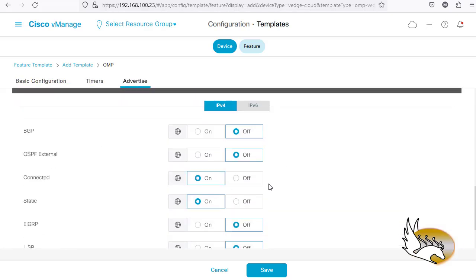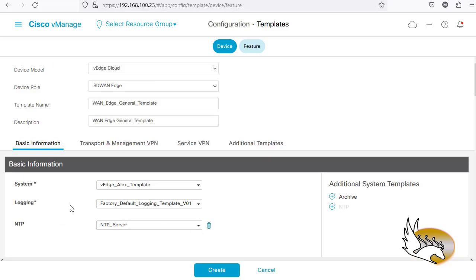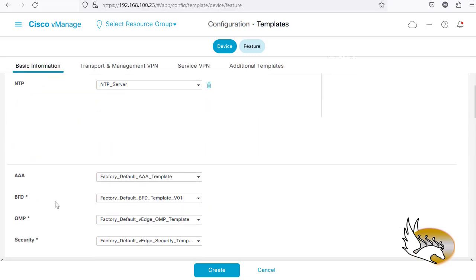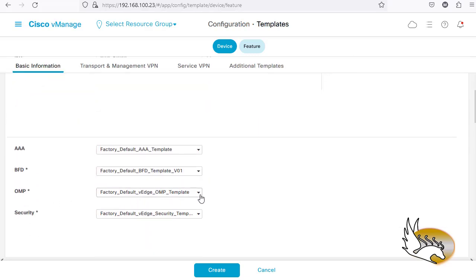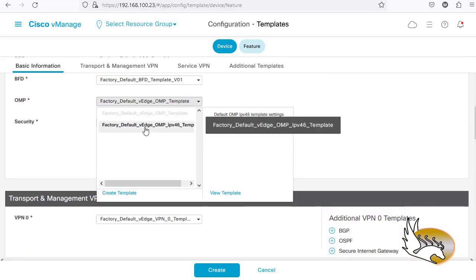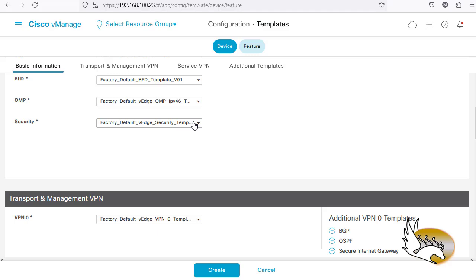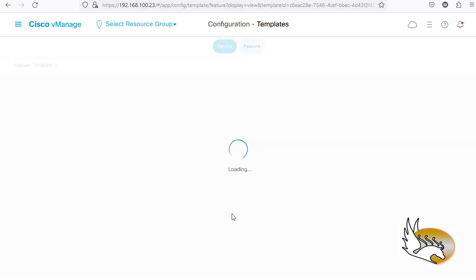default configuration, again, connected and static is selected. So I do not really need to do anything. This is by default selected, so I'm going to cancel this out. Also, if you want to make sure that this contains those entries, or you want to change it, you can just go to here, select this, click on view template,